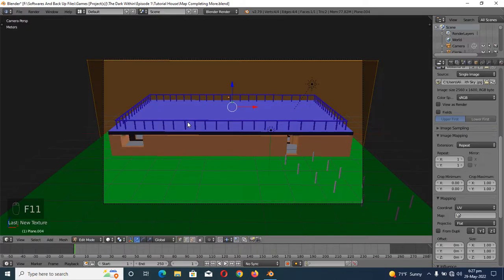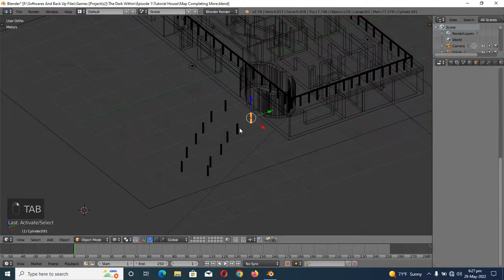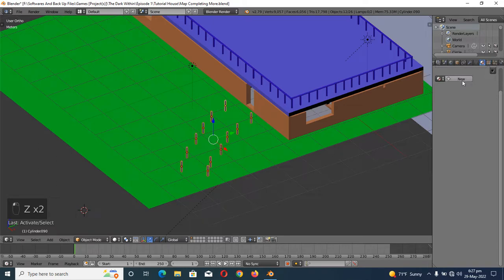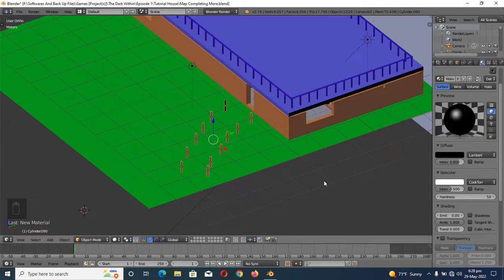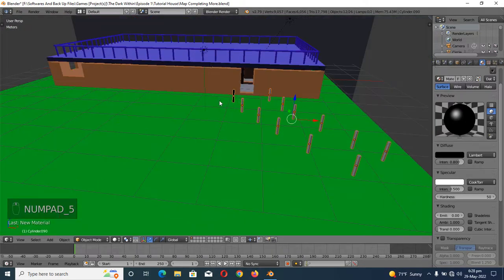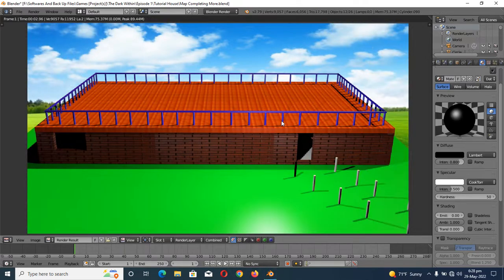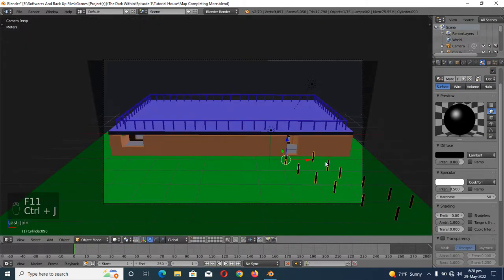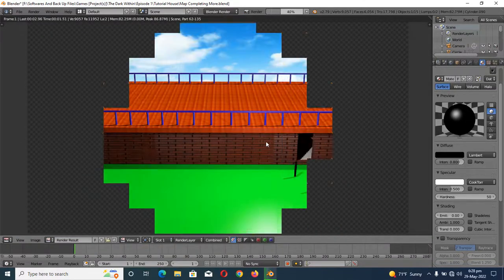One thing remains. I'm going to select all of this, 3, 4, 5, 6 till 12. I'm going to give it also materials. New. Going to give it black. Now if I press 0 for camera mode and F12 to render. Oh, I'm sorry. Control J. Now we assign all this black color to all these poles here. Now if I go to 0 for camera mode and F12 to render, as you can see, now we